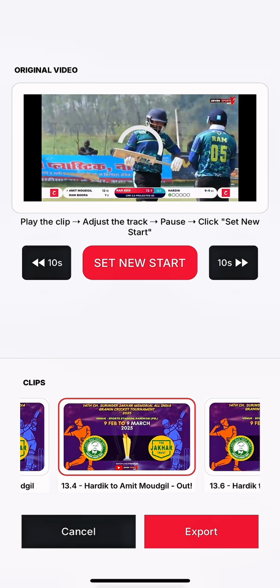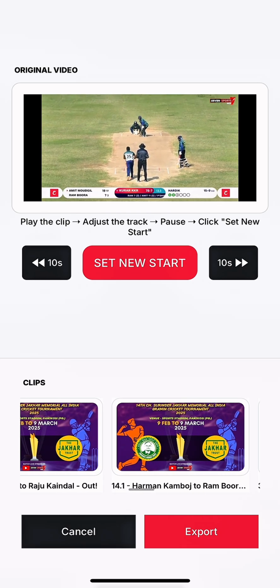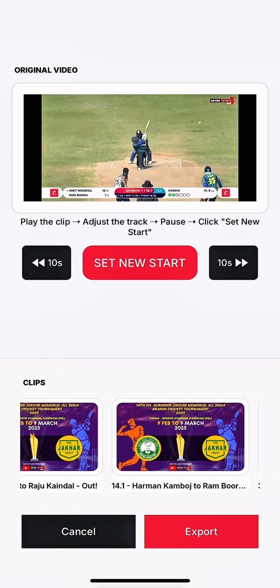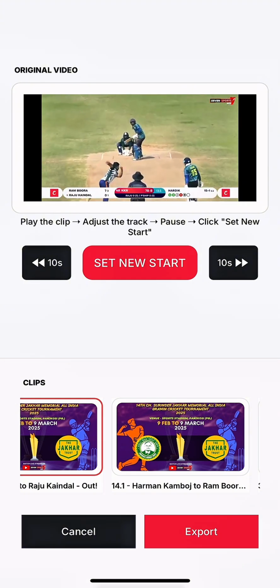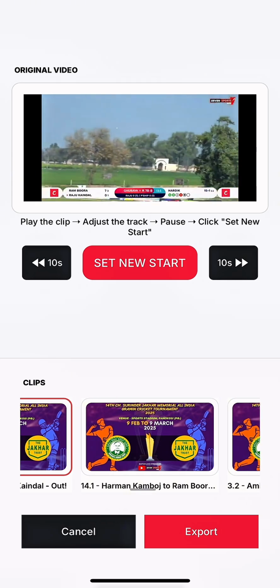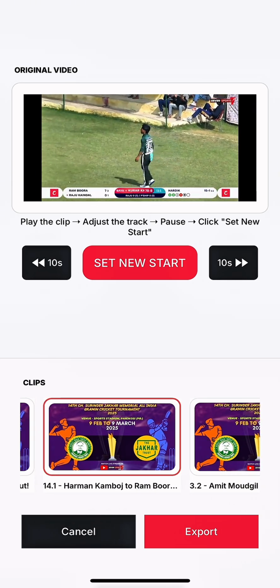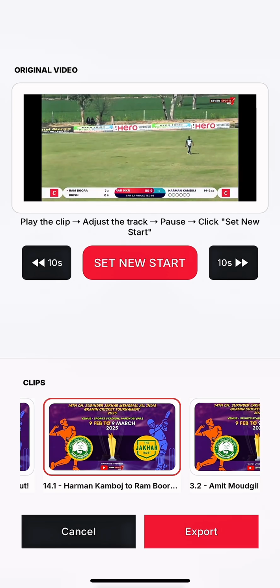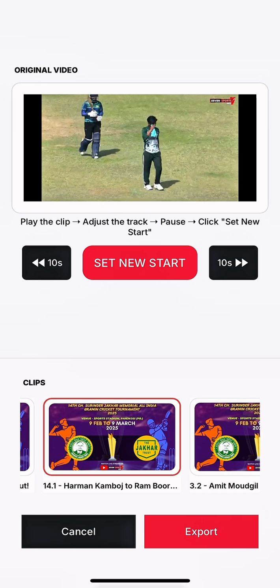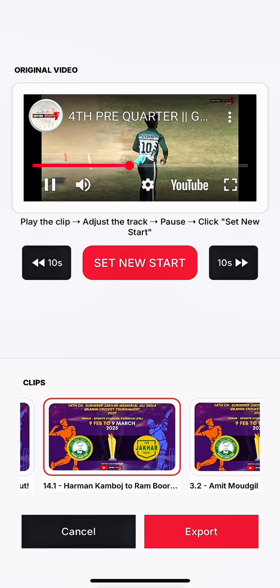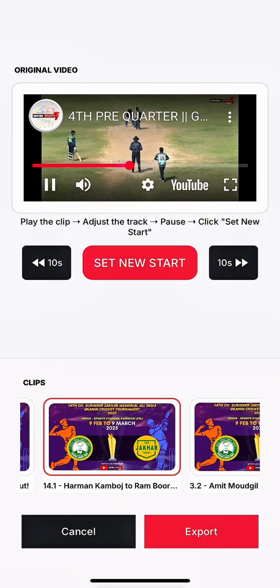I see out is again here. Okay, so that clip looks fine to me again. Yep, that's perfect. Again, that's a wicket. Again, that's a wicket. Wonderful catch. And I see there is some event happening here, and it looks like it was a wicket and it wasn't recorded perfectly. And I see the replay is being